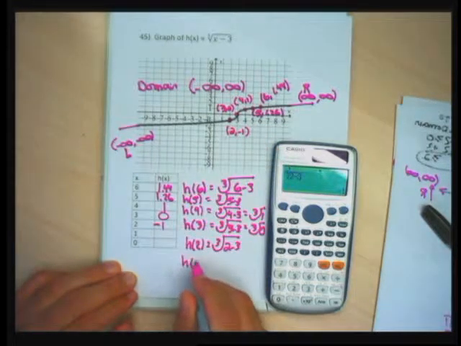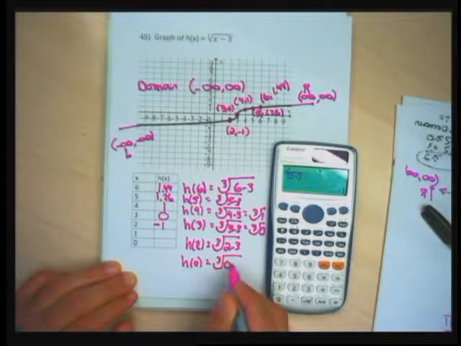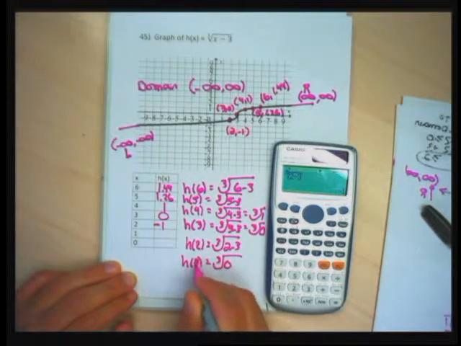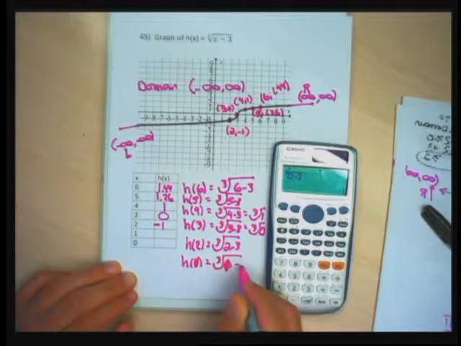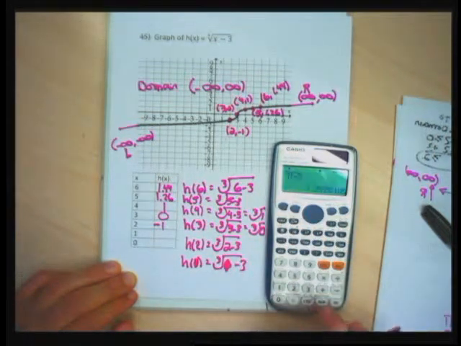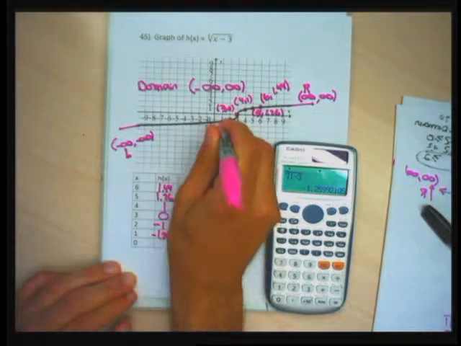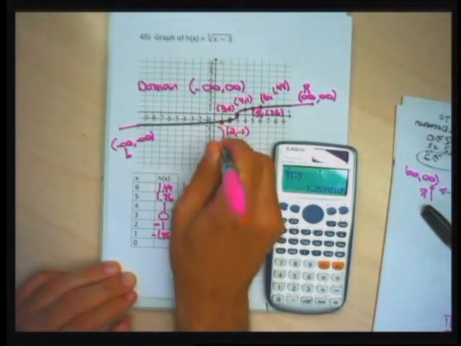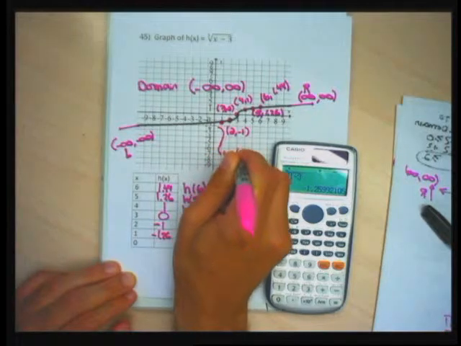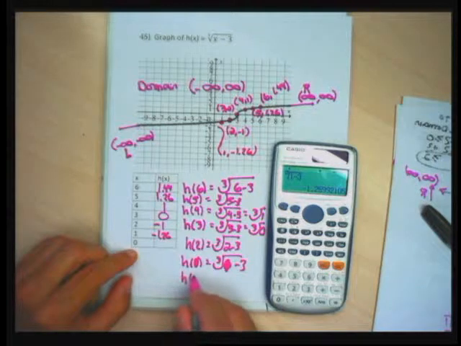If I do h of 1, I get the cube root of 1 minus 3. So shift cube root 1 minus 3. That's negative 1.26. So I get the point 1 comma negative 1.26. And then the last one I decided to do, because eventually you have to stop, is